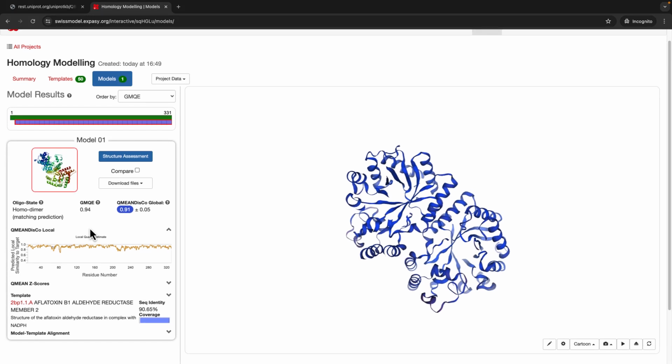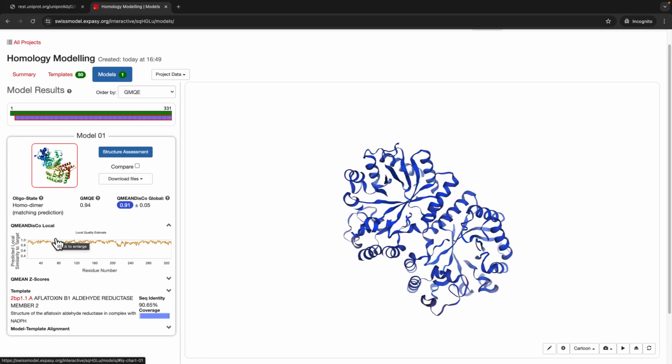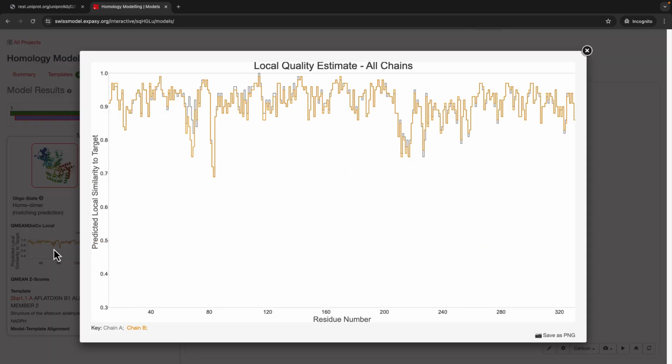Below that, we have the local quality estimate plot of the model. Using this, we will estimate the local quality of the model. The local quality estimation plot shows the predicted reliability of different regions in the model. The plot displays the QMEAN DISCO local score representing the local quality of each residue. Regions with a higher local score indicate higher confidence, while a lower score suggests areas of the model that may need further